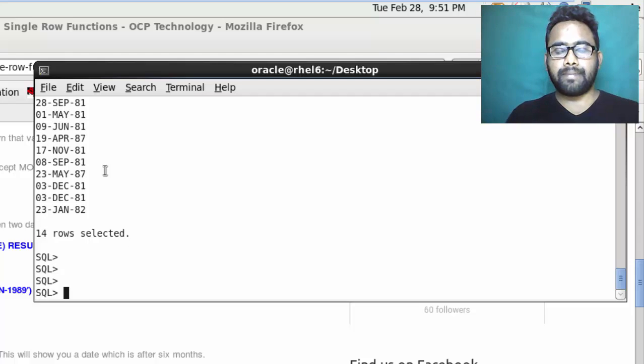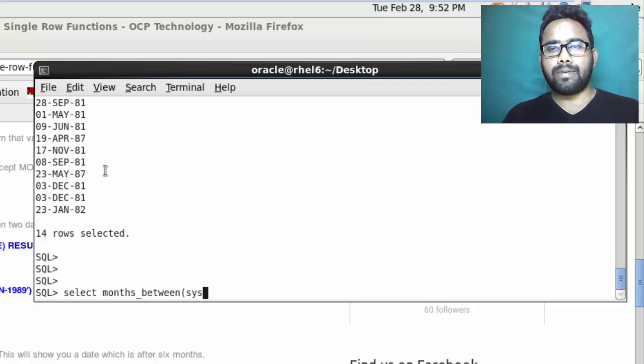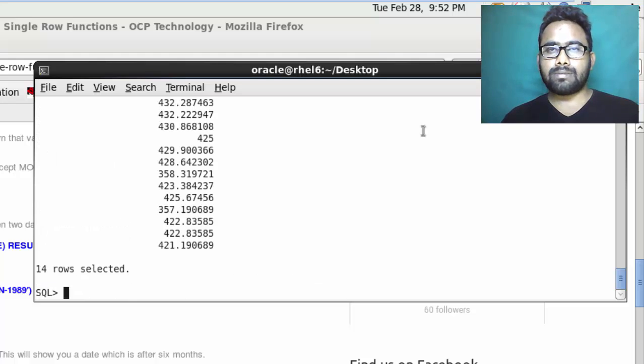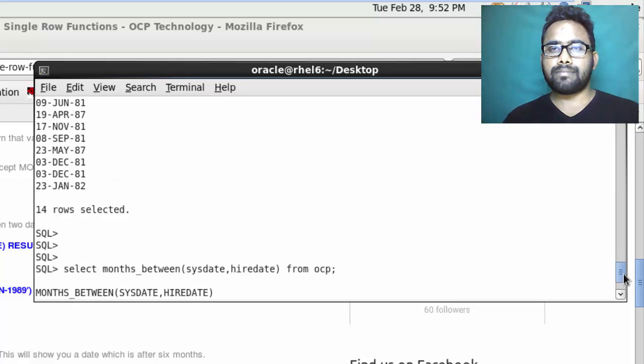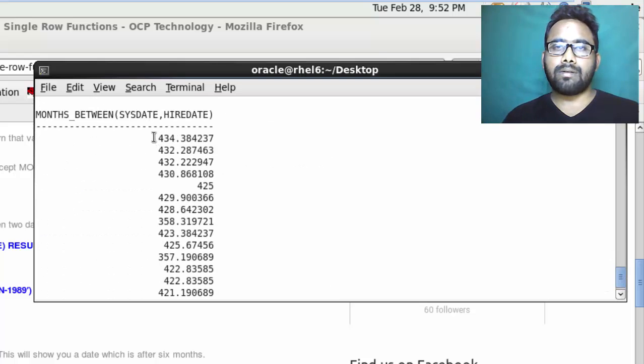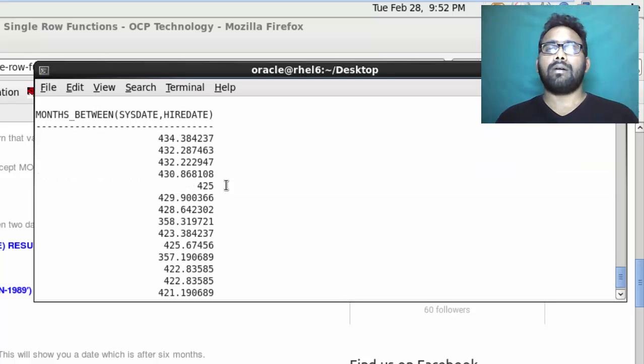So I write select months_between. First we need to give the bigger date, which is sysdate, and then the smaller date, which is the hire date from OCP. You can see the number of months calculated here for each employee.